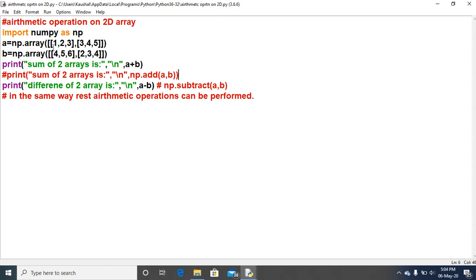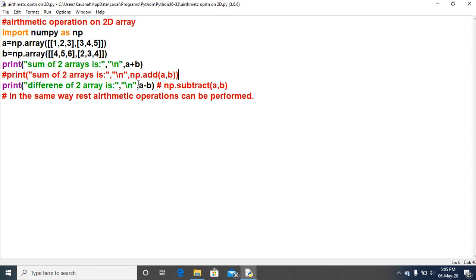So the resultant array will store 5 7 9 in the first row and 5 7 9 in the second row. Got it? So either you use the binary operator plus for addition, or you use the NumPy function np.add for addition of the two 2D arrays.